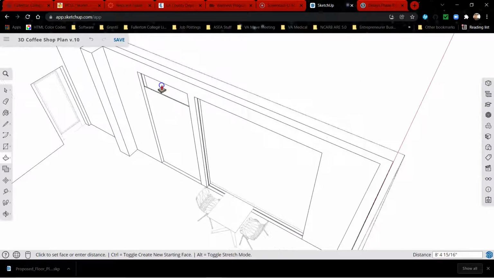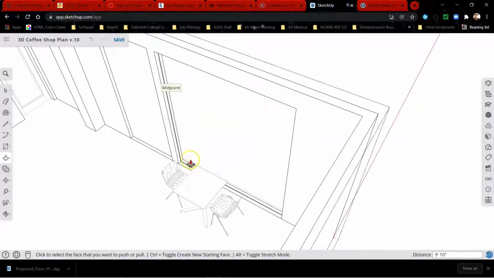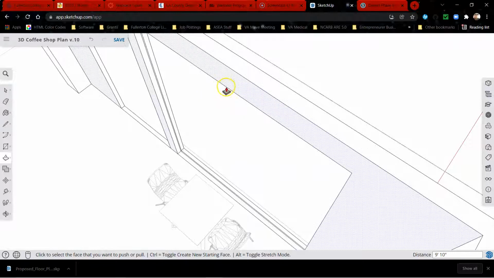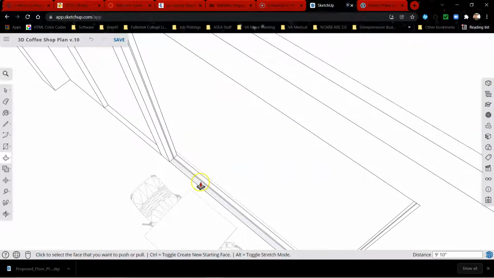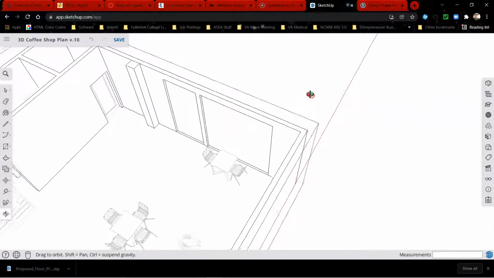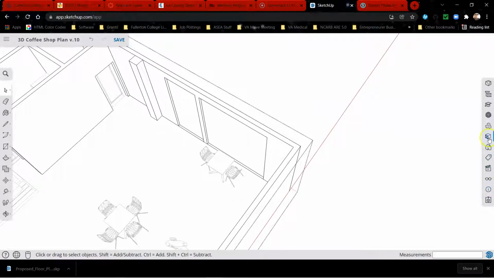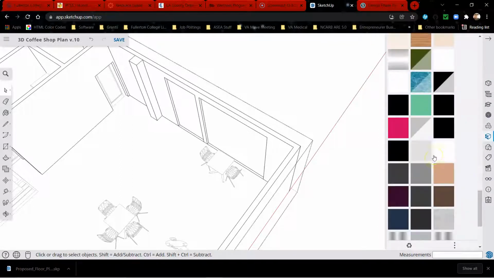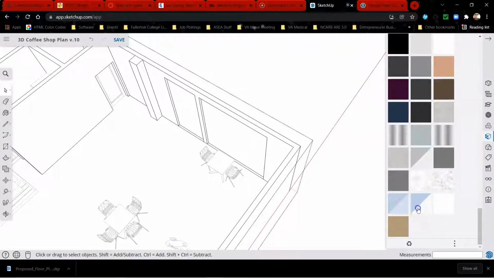So I'm going to pull up, zoom out as I pull up, or I can angle it in such a way to where I need to continue to see this line and be able to grab this and tap that edge. And now I have windows. If I go over here, this is materials. If I hover over it, it literally says materials. And I'll wait for it to pop up. There it is. Scroll down and select this one right here. Click there,